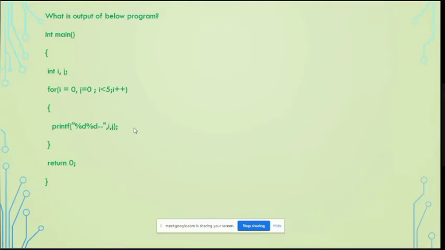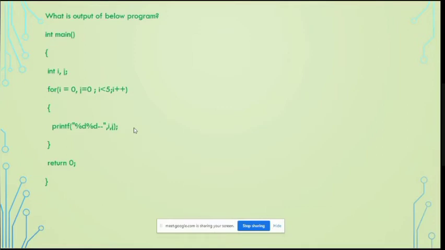I obviously could have given comma j plus plus. That is correct. This is a sample program I am showing because I want you to check the output. So I can just change it, what you are asking, to i plus plus comma j plus plus. Then in the next iteration, what would be the value of i and j? Both 1 and 1. Clear?